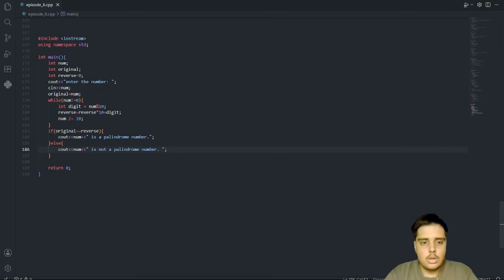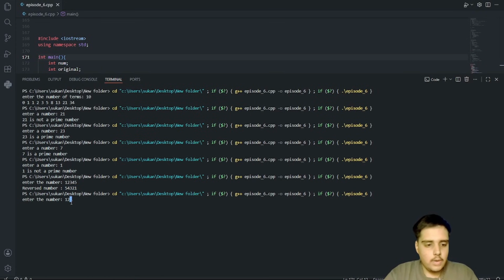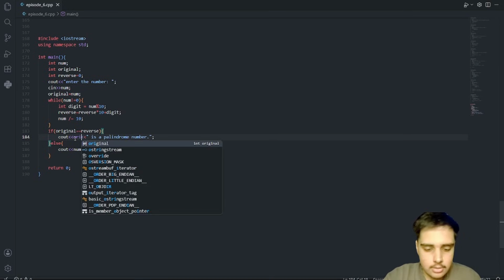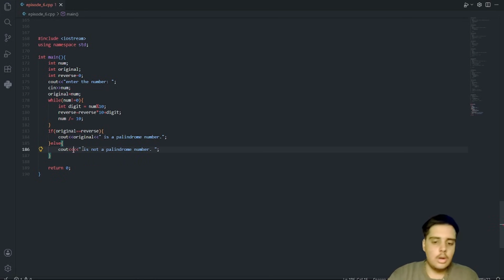So with this I believe our question is done. Let's say I run the code and I say 1 2 1, it gives 0 there. Why does it give 0 there? Because I should not use num here. Instead I should use original here, because original becomes literally the number itself.